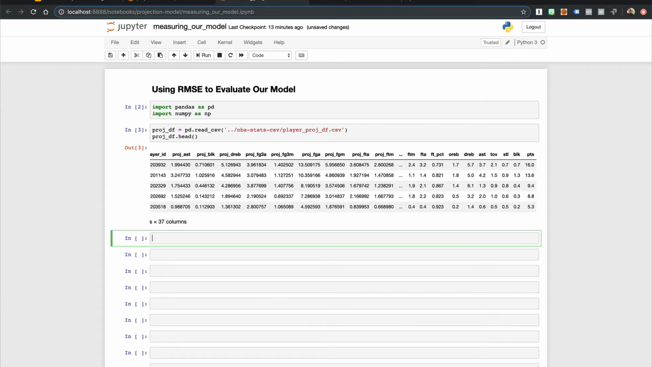So to manually create the root mean squared error step by step, we first need to take the difference between the projected stat and the actual stat. That means to get the projected points, we could take the projected DF, where we take the projected points, and subtract the real points, which is the points column. So that's how we will get the difference, which will be the error value. And let's save this as a new column and call it the squared error. And to actually square it, we need to